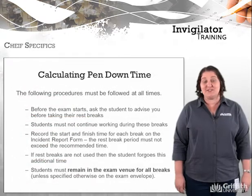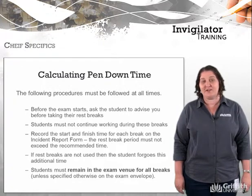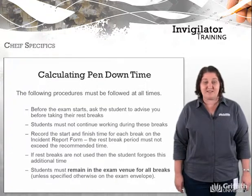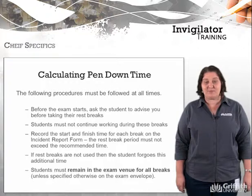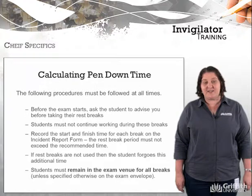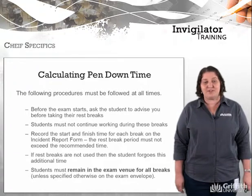If the student is permitted additional pen down time, it is imperative that these steps are followed to ensure that this is correctly calculated and administered. Now, before the exam starts, please ask the student to advise you before taking their rest breaks. The student must not continue working during these breaks and must remain in the exam venue. Please record the start and finish time for each break on the incident report form. The rest break period must not exceed the recommended time. The most important thing to remember is that if these breaks are not used, the student forgoes this additional